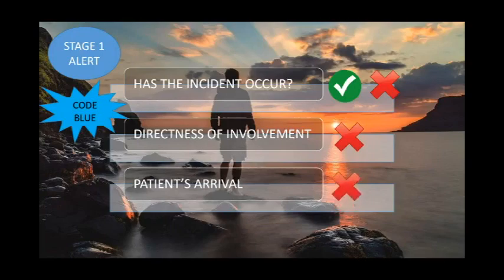For example, our hospital is Pusat Perubatan UKM in Jalan Cheras, and there is a fire in Hospital Sultanah Aminah Johor Bahru. In this case, our involvement is not direct, but we are on alert in case backup is needed from our hospital. Hence, at that point of time, Pusat Perubatan UKM is on stage 1, alert stage.